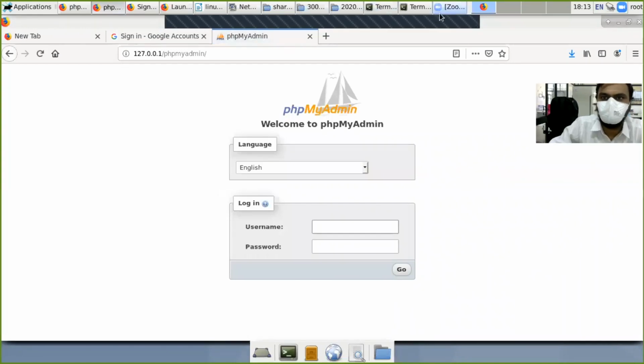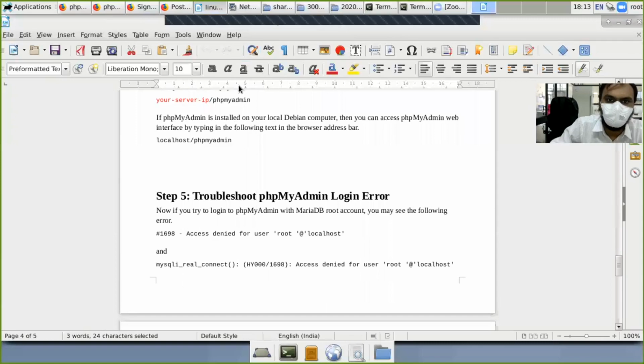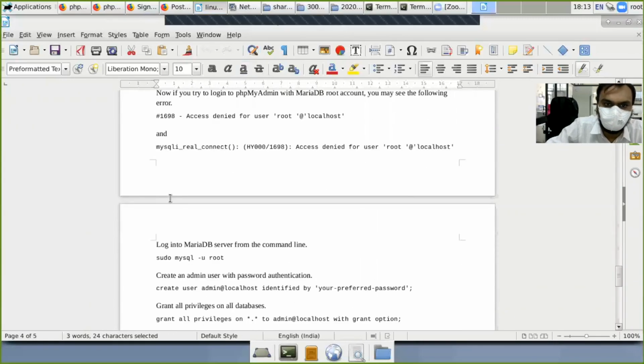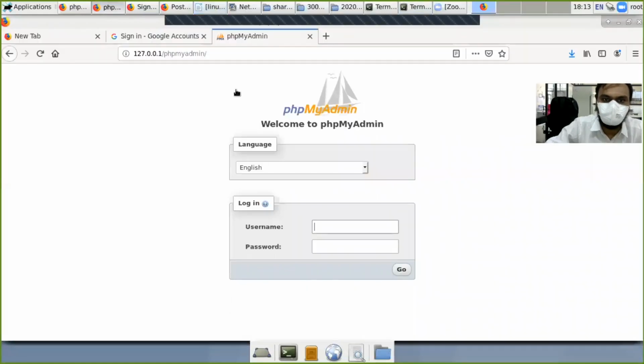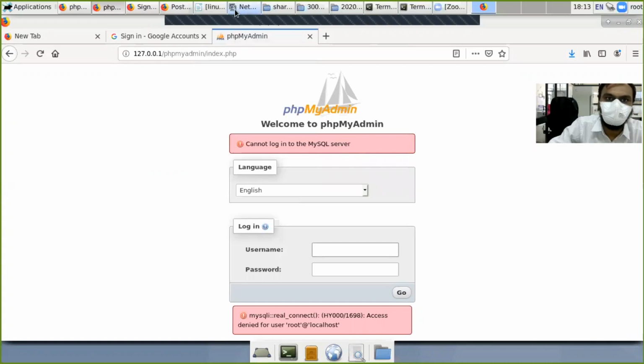So this is how you can install all the things. If there is a troubleshooting problem, such as a phpMyAdmin login error while entering the name root and password Horiba, there is an error: access denied for user root at localhost.